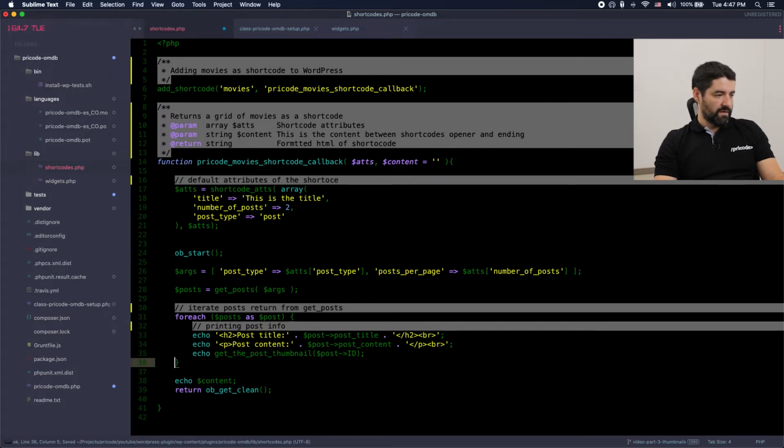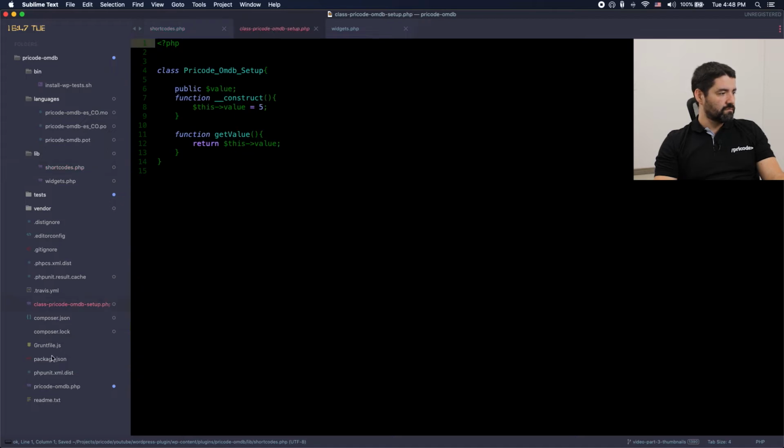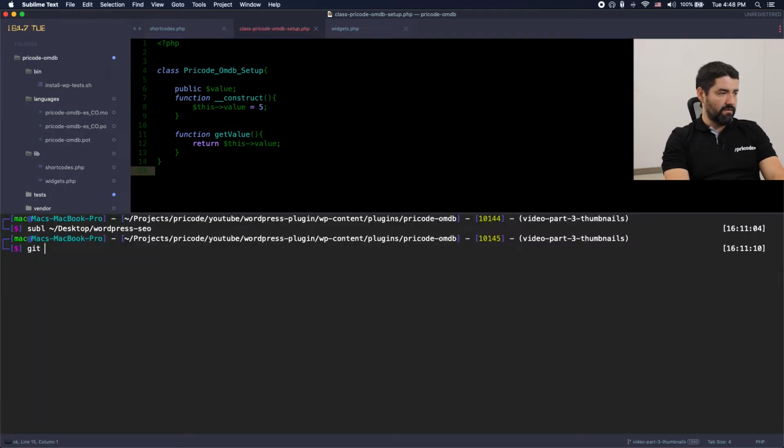Okay, I did this for the shortcode, and let's then try to clean up part of the model that we have. I haven't done the git commits in a while, so I'm going to simply make a git checkout -b. I'm going to make another video about Git, so I'm going to leave the link above, and the idea is I'm going to create this branch, let's name it something like